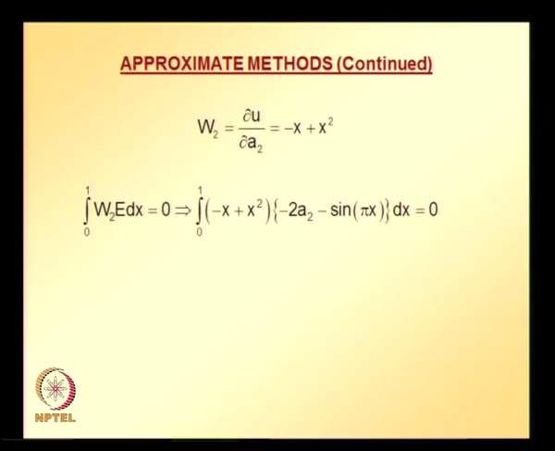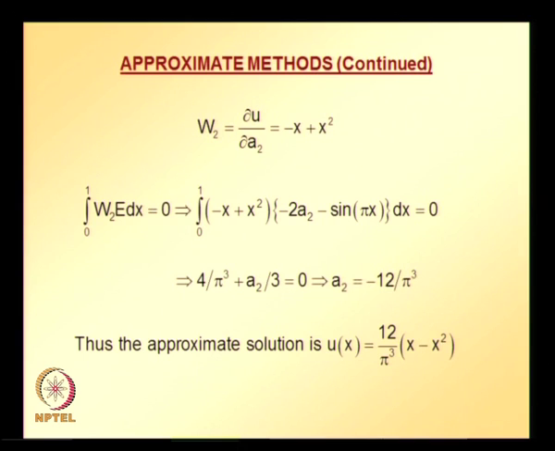We can evaluate this, we get one equation and one unknown in terms of a2, and we can solve this and find a2. Once we have this a2, we can substitute it back into the admissible trial solution and get the approximate solution. So, once again, this is the approximate solution that we obtained starting with quadratic trial solution